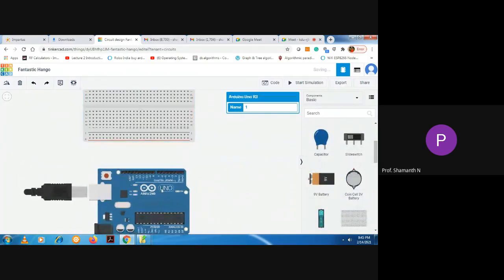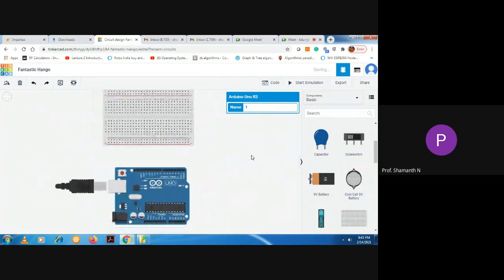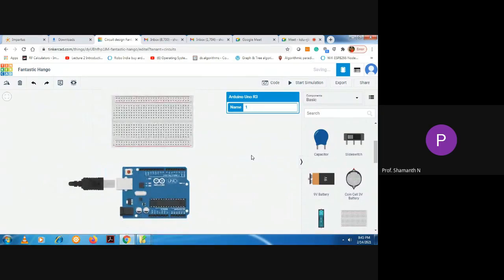If you see, I'm not able to see the complete circuit, so you can minimize the window. In order to minimize the window, press Control and minus. Keep on pressing minus, and the window size will shrink.